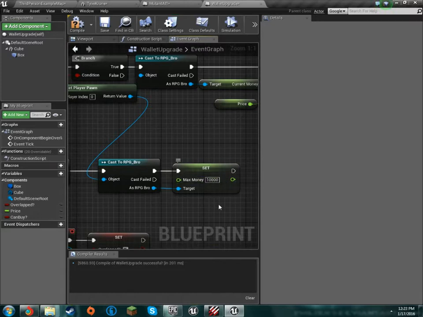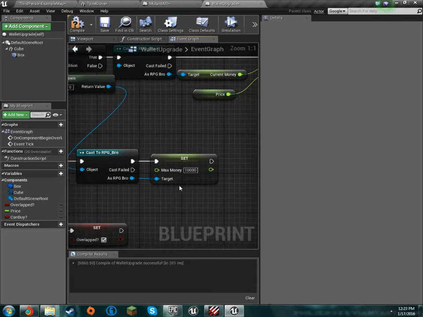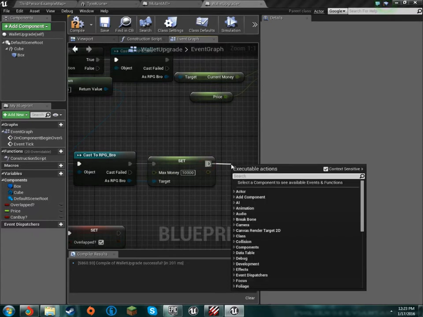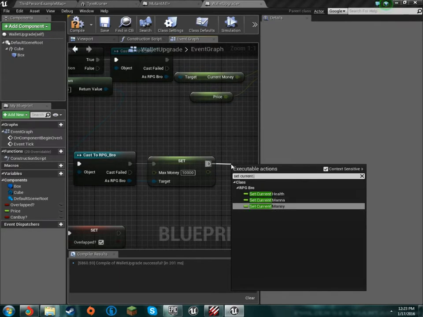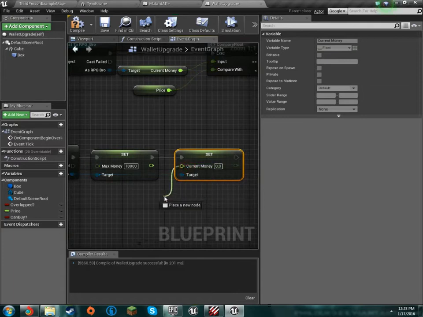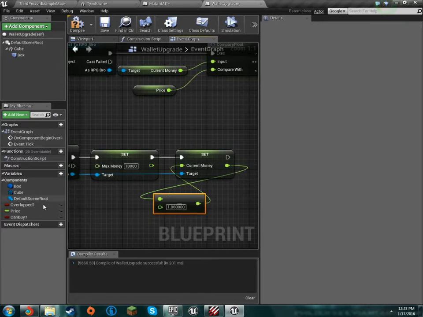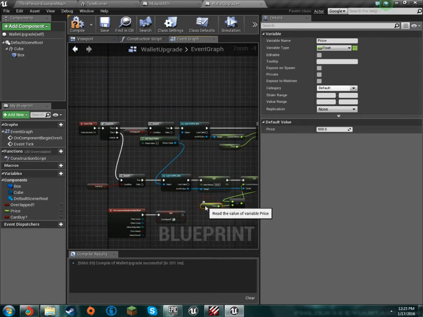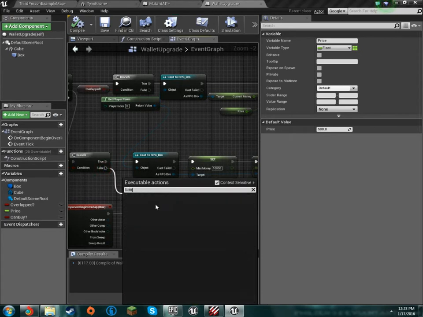Anyways, back to this. Since you've done that, you'll set that, but you'll also want to set current money, because you're going to want to subtract it from the price. And that is that. So here we'll just do a simple print